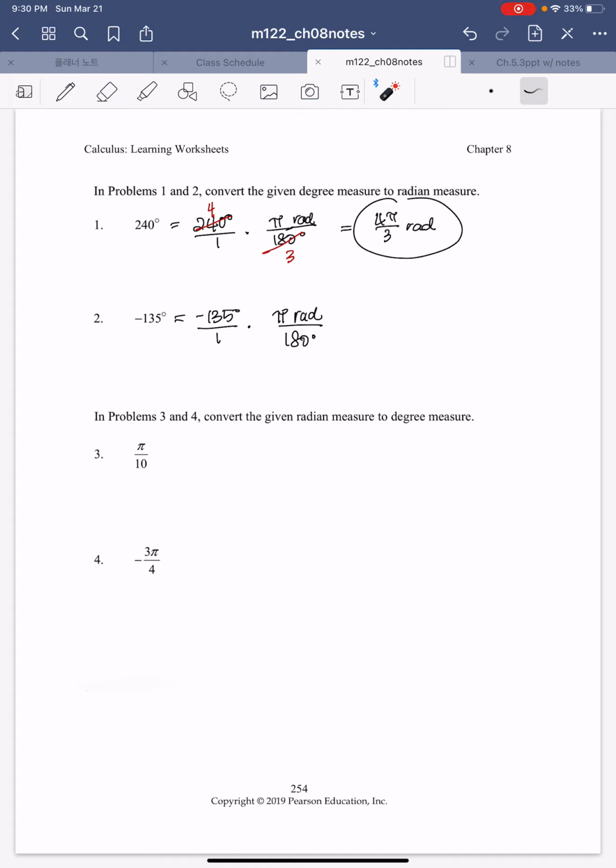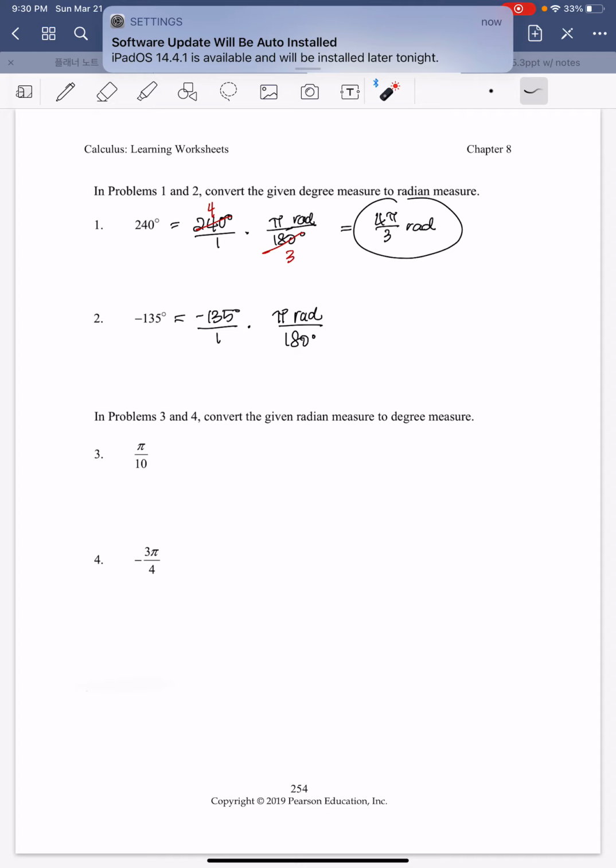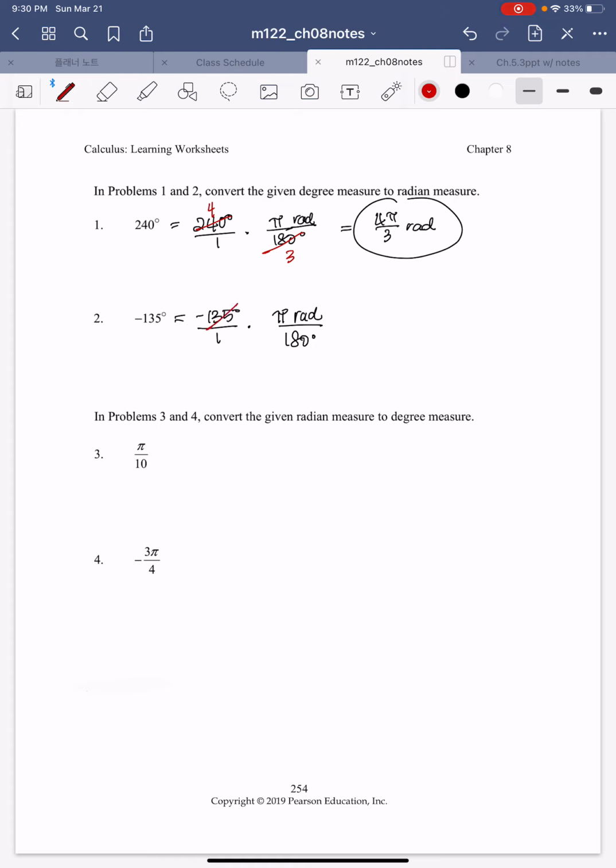Let's see. Both of them are divisible by 5. 135 divided by 5 is 27, and 180 divided by 5 is 36. It looks like they are divisible further, both by 9. 9 goes into 27 3 times, and 9 goes into 36 4 times. So the final answer, don't forget the negative, is negative 3 pi